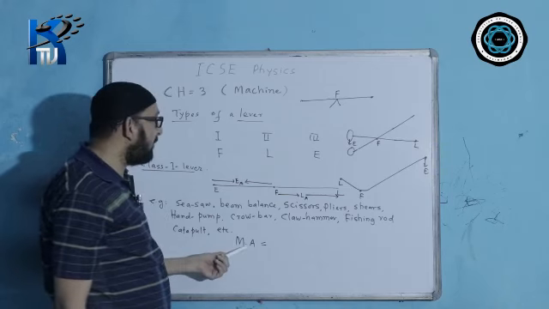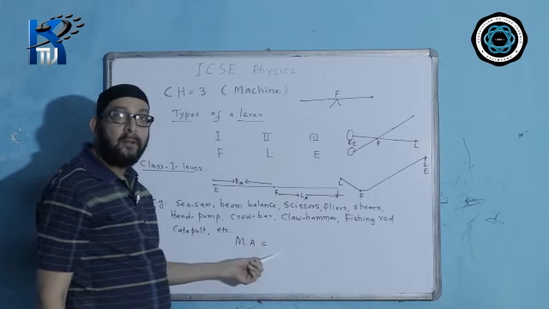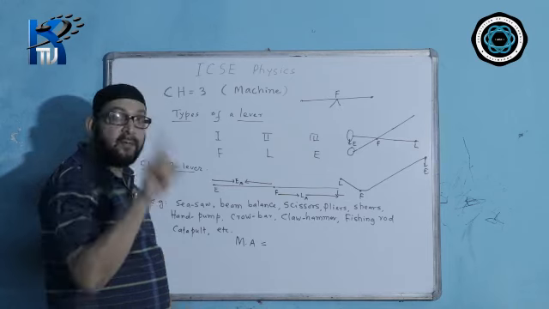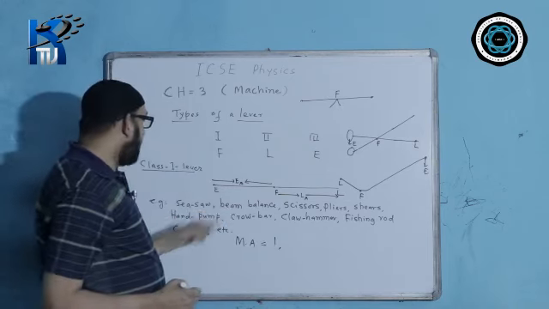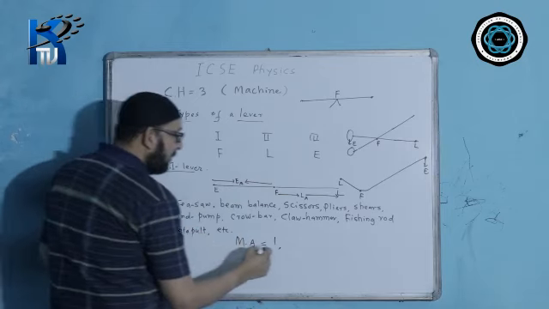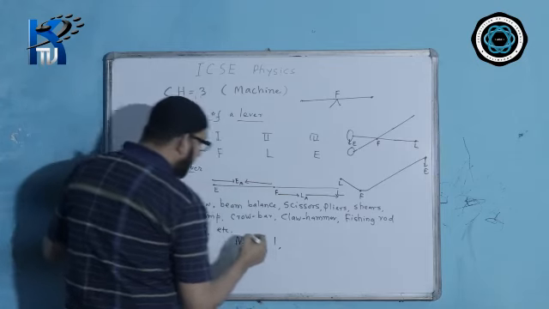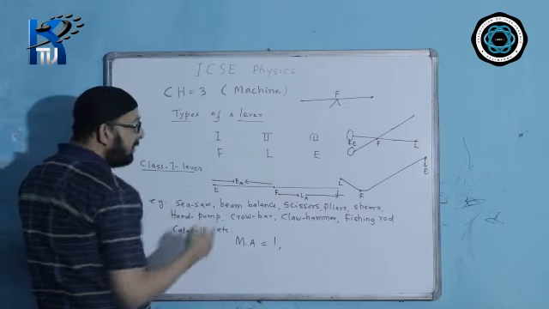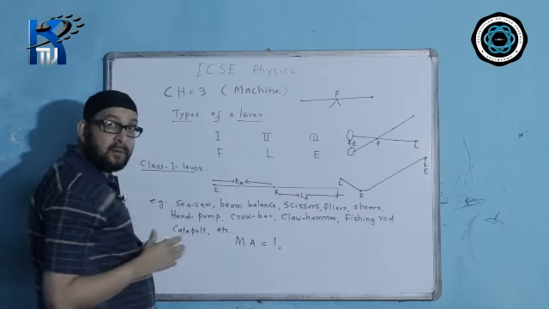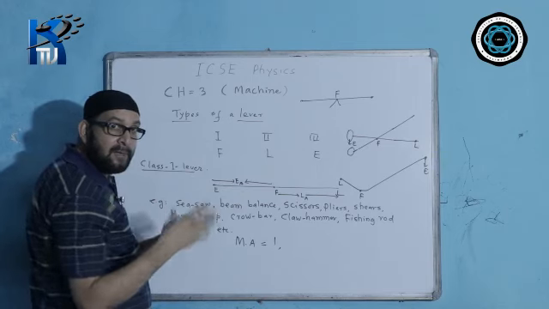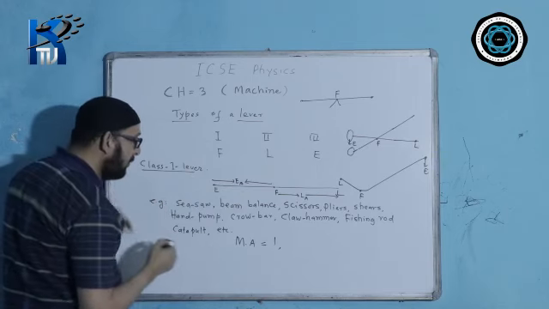In the formula of mechanical advantage, we have effort arm by the load arm, and both of them are equal, so the answer will come 1. So the mechanical advantage of a beam balance or seesaw is 1. That means in that case the class 1 lever will behave as a force equalizer. It is balancing the force, balancing the load, and the effort will be of equal value.